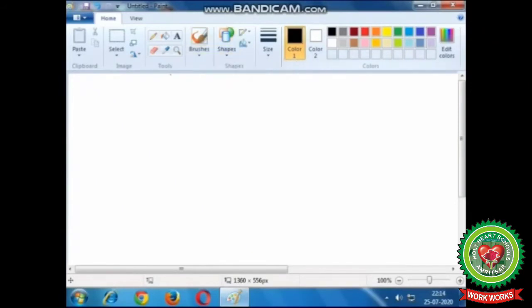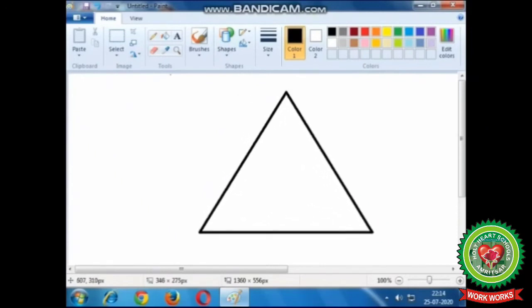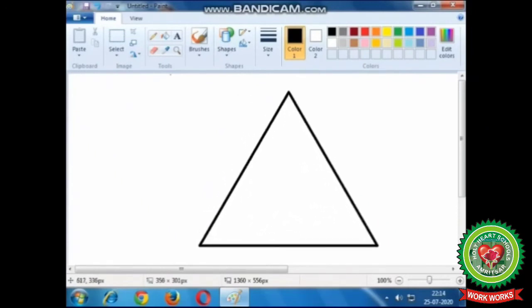So click on the triangle shape and after that, move to drawing area, hold and drag your mouse. You will see a triangle shape is drawn.